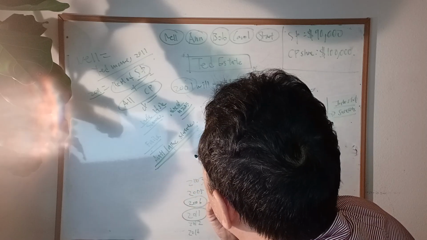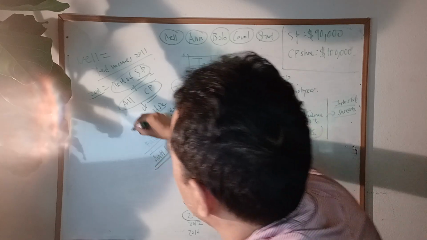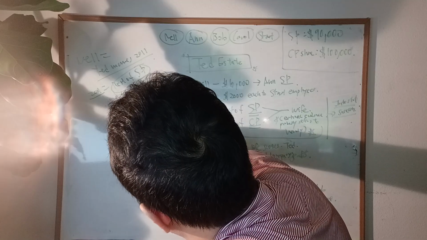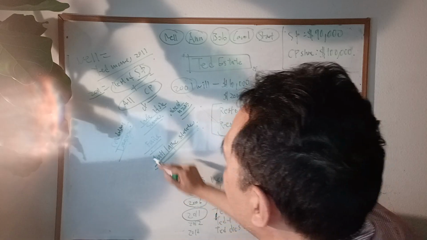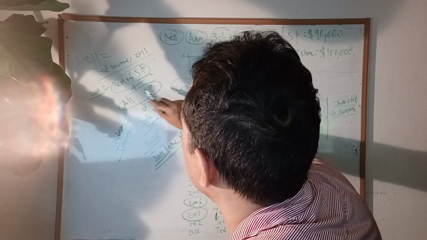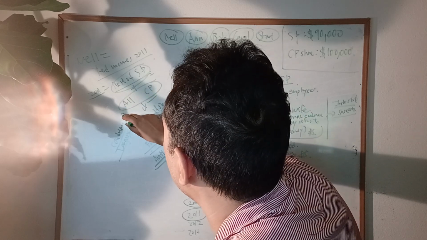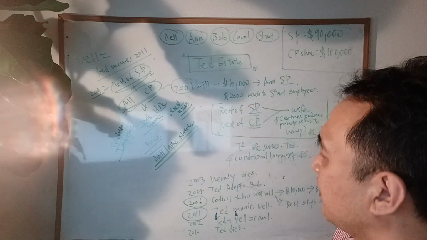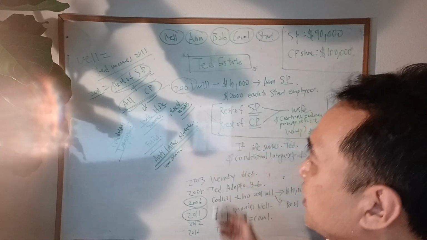However, this is not the issue that we're dealing with here, because there was conditional language stating again that wife has to survive Ted in order for her to get the rest of SP and all of CP. There's no lapse or anti-lapse argument to even make,